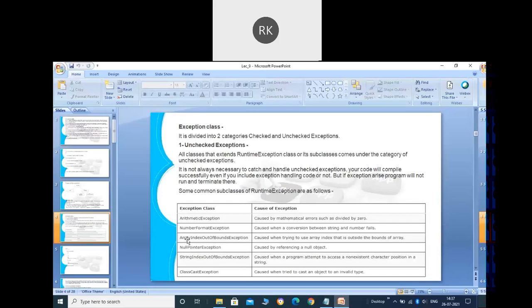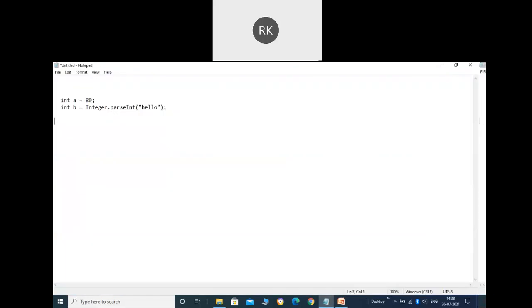All right. The third one we are having what? ArrayIndexOutOfBoundsException. So that will occur in a condition like this: let's suppose I'm having an array like this, new integer, and let's suppose it can hold two elements only. And here I'm saying arr[0] is equal to 1, arr[1] is equal to 2, and arr[2] is equal to 3.